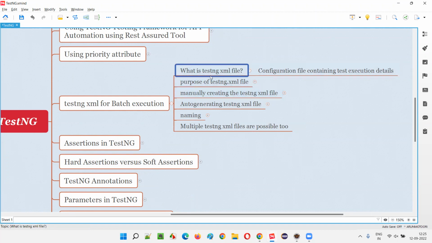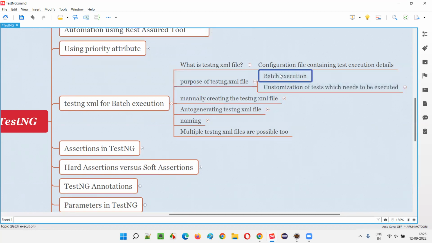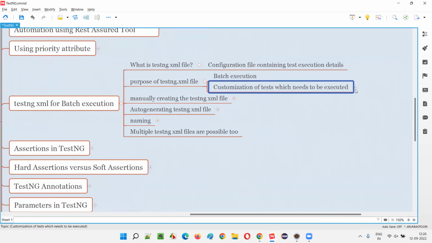I'll show you practically, guys. Then you will understand exactly what the advantage or purpose of using this testng XML file is. The main purposes of testng XML file are batch execution and customizing the tests which need to be executed. So let's say you have three classes. In one class you have three tests, another class you have another three tests, and in another class you have four tests, like 4 plus 3 plus 3, it's almost 10 tests, right? So overall, the 10 @Test annotated test methods are divided across